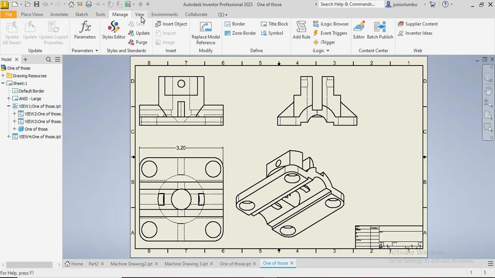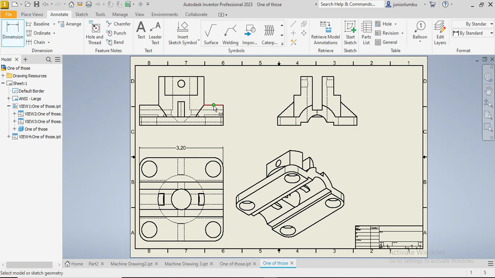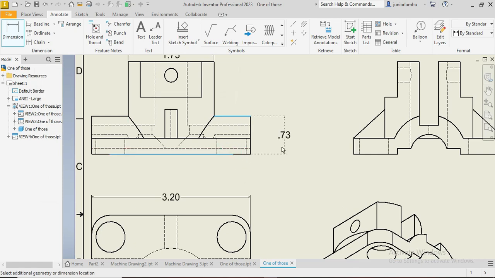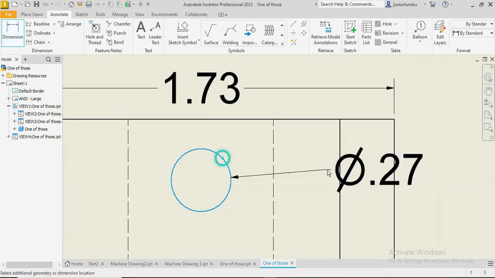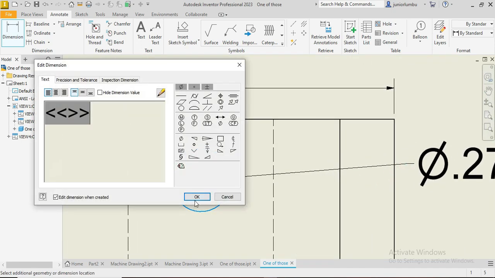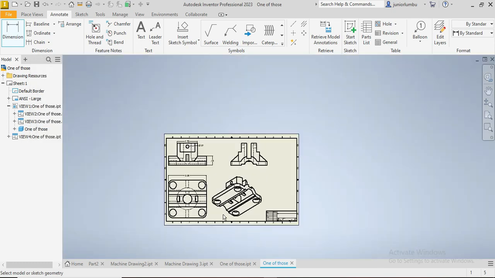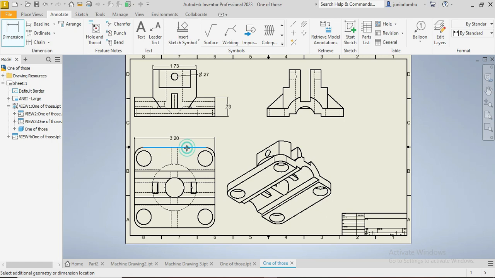Now we can give dimensions freely, where we can still see that one there is 1.73. Okay, this one from there to there, that one is 0.73. Now this one here was 0.27. Come here. That one from there to there is what? 3.04. Let's go there. 3.04. Okay, and then those ones are